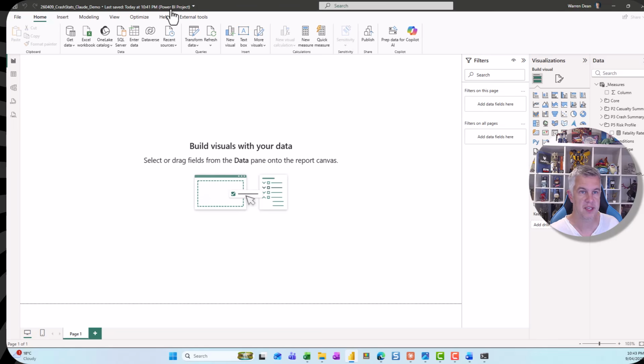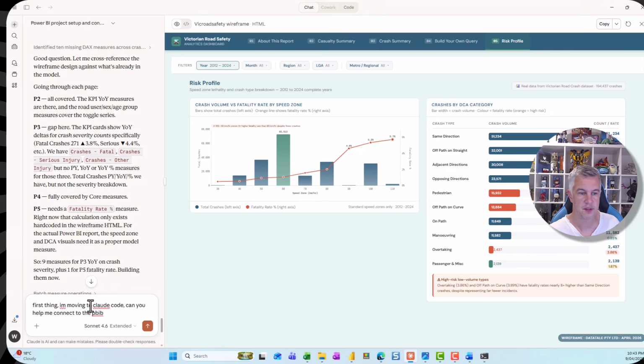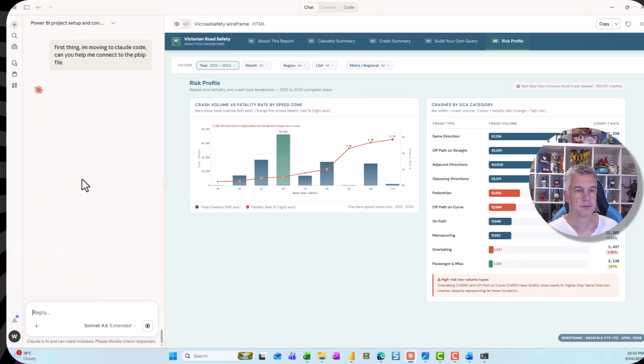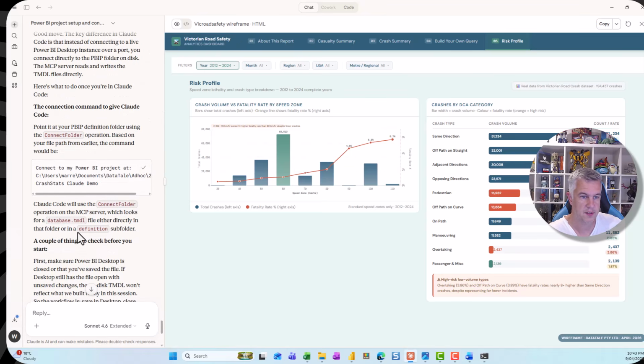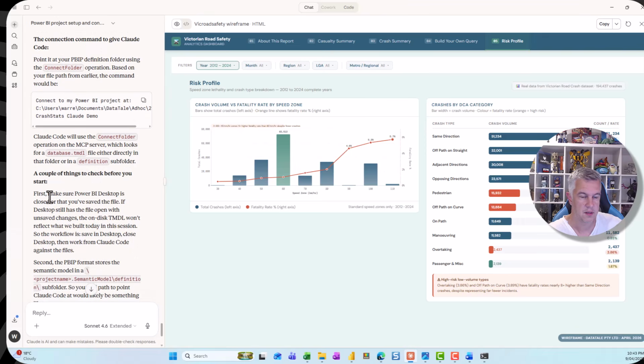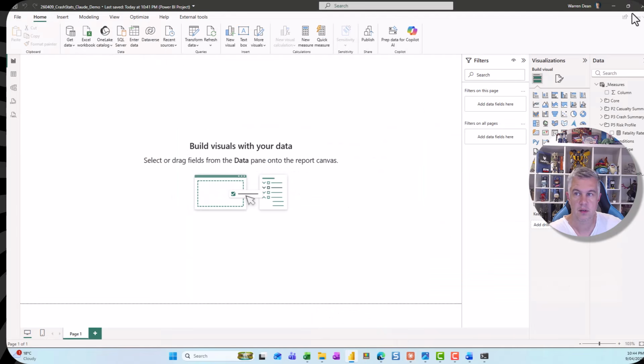So this is now a pbir-cli, and jump back into Claude. Say, first thing I'm moving to Claude Code. Can you help me connect to the pbir-cli file? Okay, so I can copy that, and Power BI Desktop is closed, so you can't have the pbir-cli open. So close that,